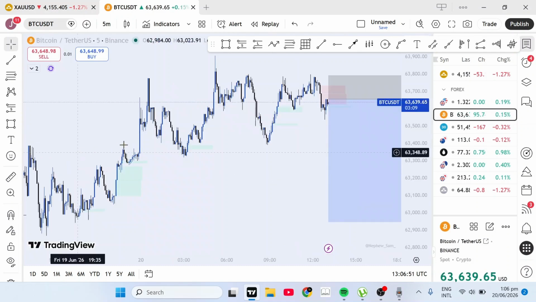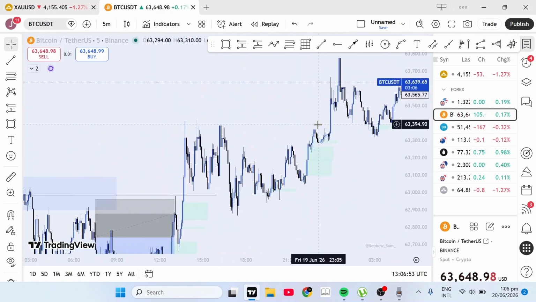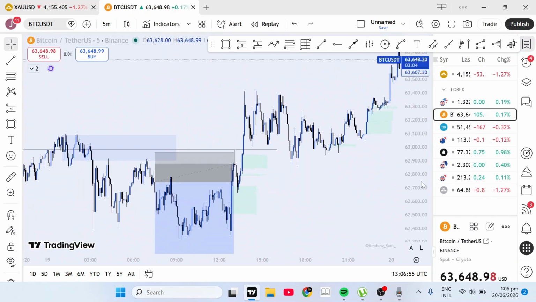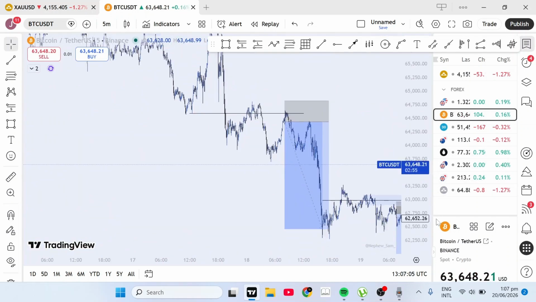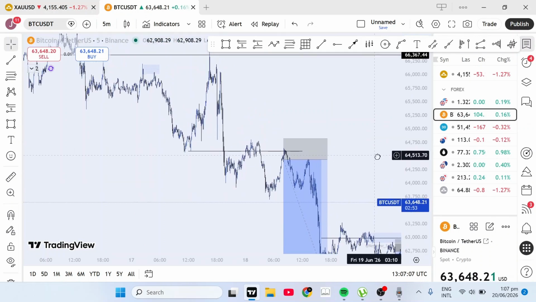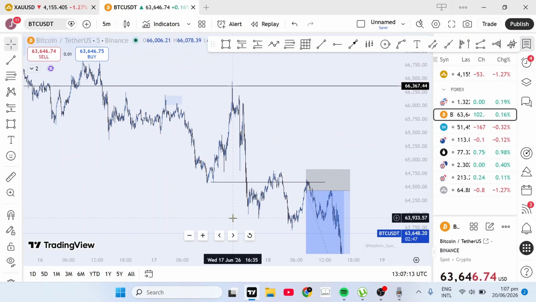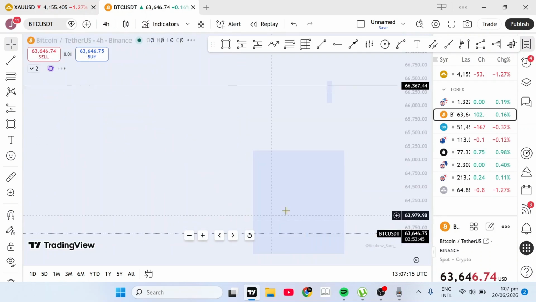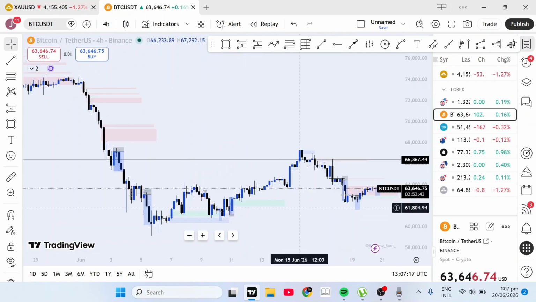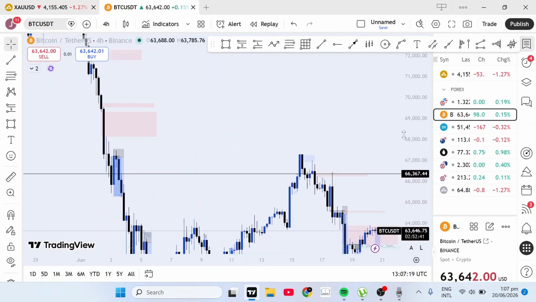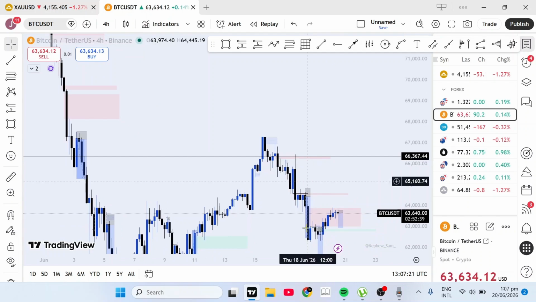All right, so on BTC, the trade was on Thursday. Good. So this is the trade right here on BTC. And what was the logic of this trade? So let's go on to the 4-hour time frame. So on the 4-hour time frame, when you zoom in this side on Thursday,